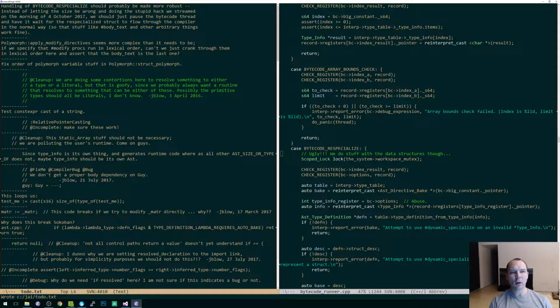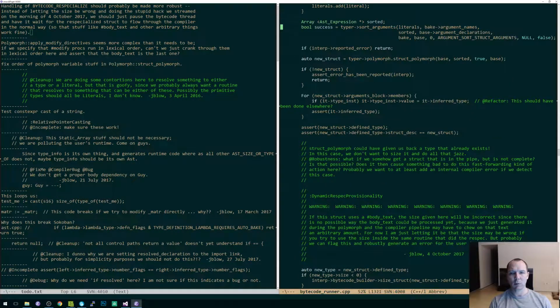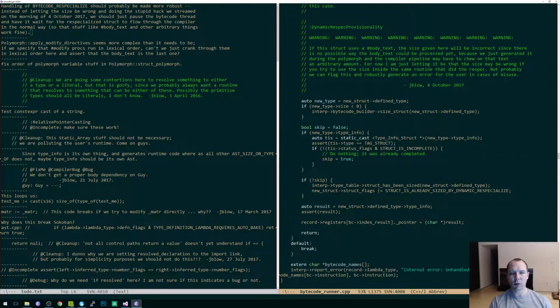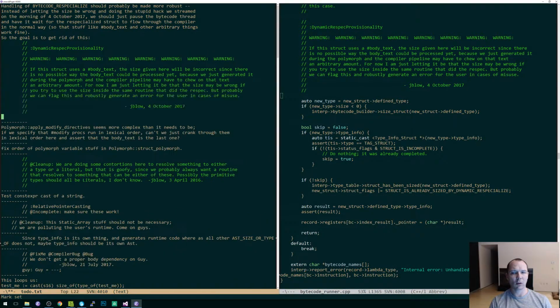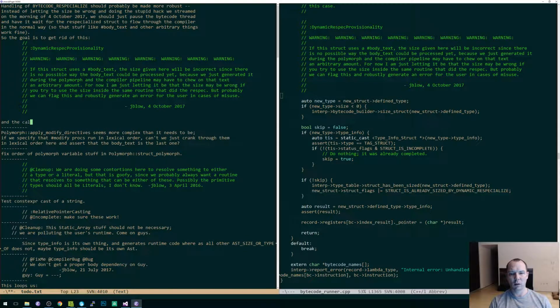This is a relatively big change, but I want to do it because it seems like the right thing and it seems much more solid. So the goal is to get rid of this and the policy size struct and struct as sized.